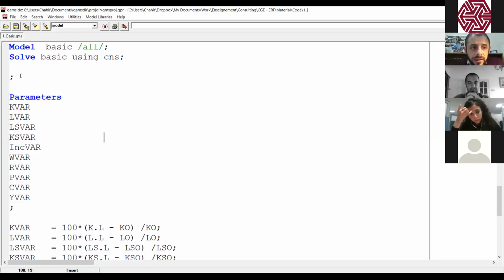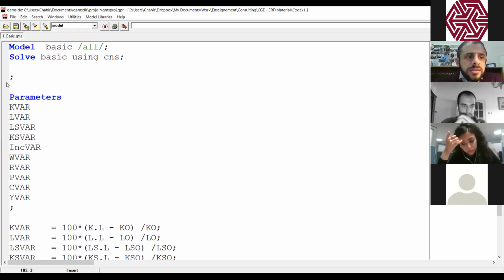So in general, this part we put, as you can see here on my screen, is one of the methods. There are other methods that are more advanced, but I'm presenting the basic version to understand the GAMS code. Here we declare a set of parameters.